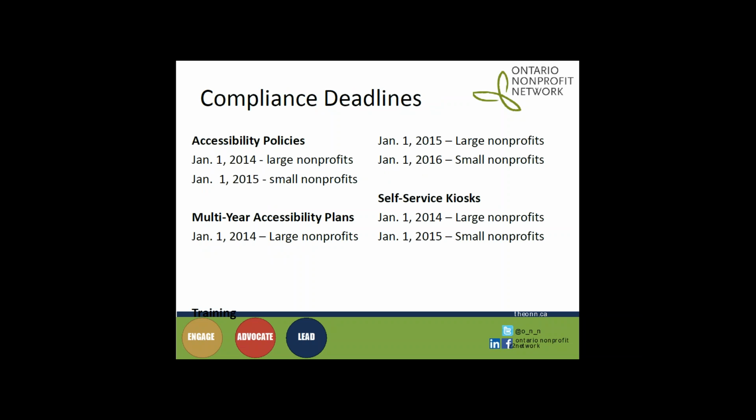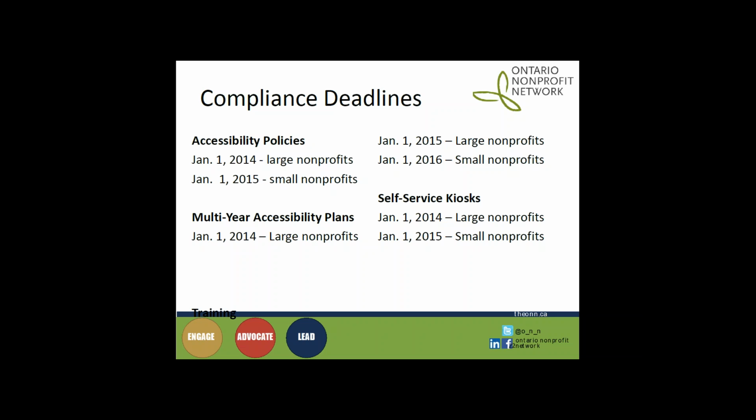Here we have the deadlines, and you can again see that I've got them for large and small nonprofits, and I do have deadlines for other types of organizations in the handout at the end. So if you don't see your type of organization represented here, then just again take a look at the link that I've given you in the resource handout. You can see